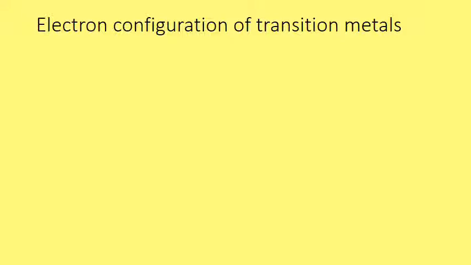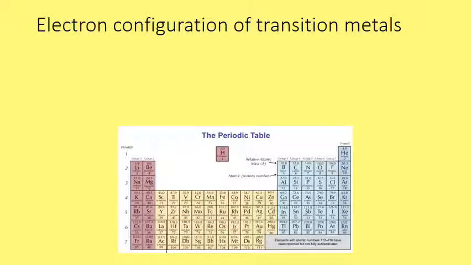Okay, so you'll remember a couple of slides ago we specifically excluded the transition metals, or the D block elements, from our third rule of writing out electron configurations. And so let's deal with those D block elements now. And I've got a periodic table for us to start with. Okay, so before we get onto the electron configurations of the D block elements,